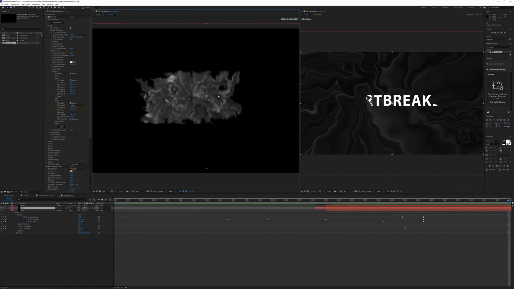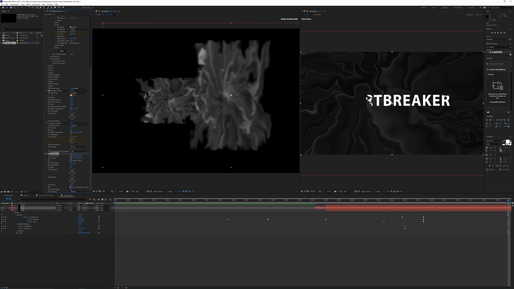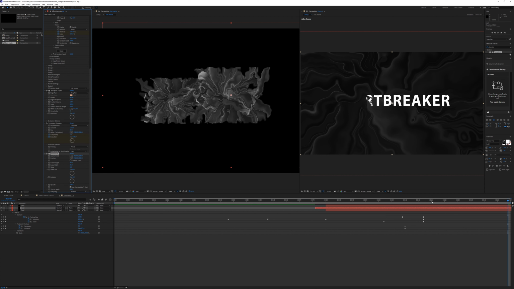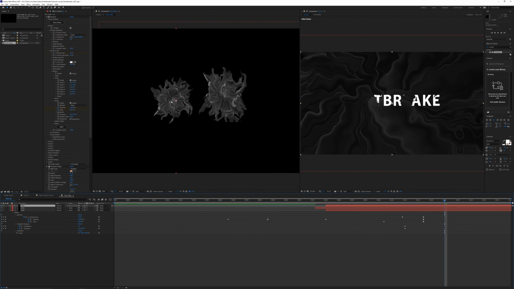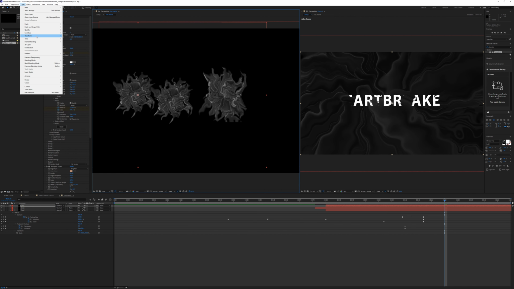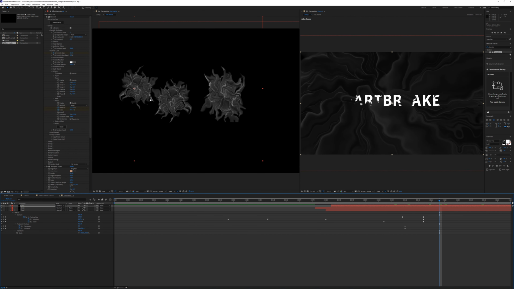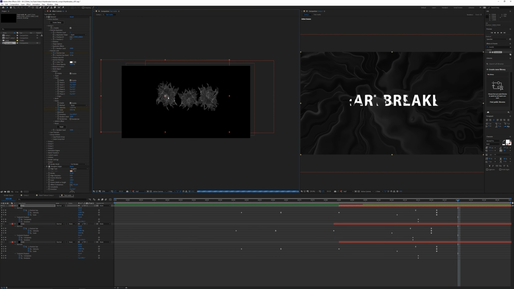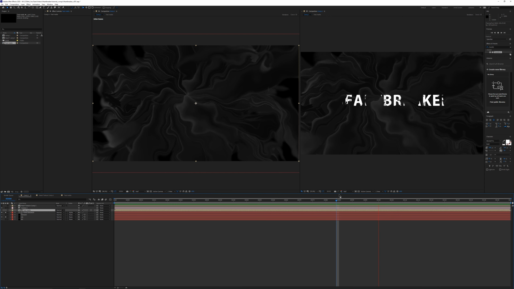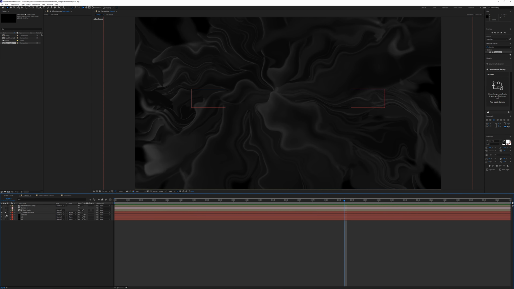And then we can just tweak the position just to make sure that that goes to the edge of the word. On ink 2 for the height, I'm going to crank that up a little bit. And then on the third one, I'll flip this horizontally. And then just go ahead and play around with the position of the mattes so you get an interesting reveal. So something like that. All right, next we can close the main comp. We can close out of the window, go back to the main comp.